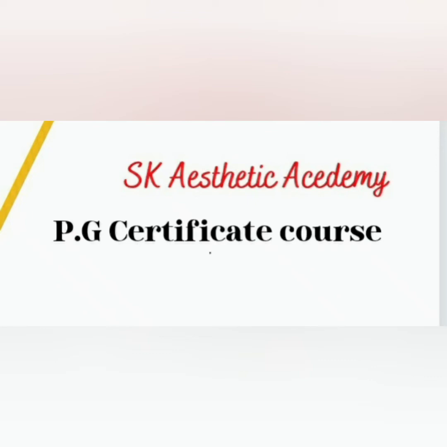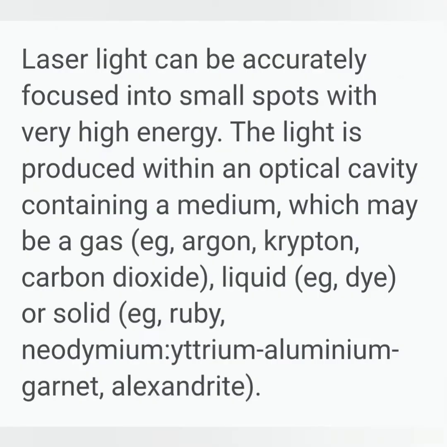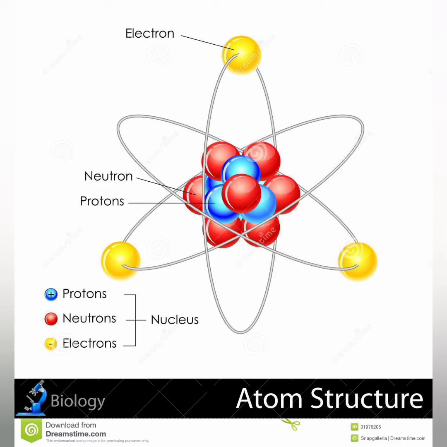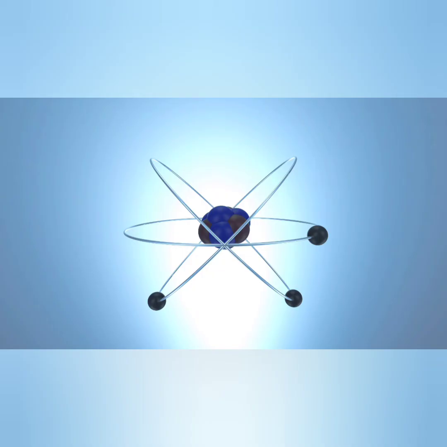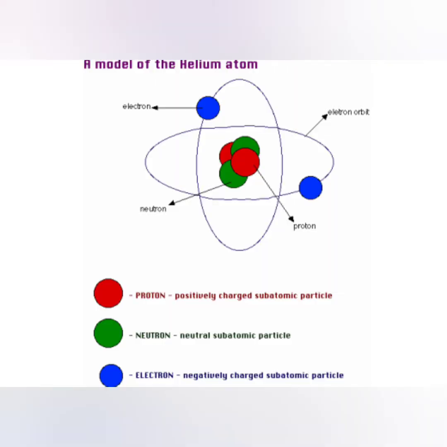So let us first understand how the laser works, or the physics of lasers. We have learned that every atom is made up of electrons and a nucleus. The nucleus is in the center and the electrons are rotating around the nucleus in different orbits. If by any means the electrons are stimulated or energized, they'll move to a different orbit level, higher than